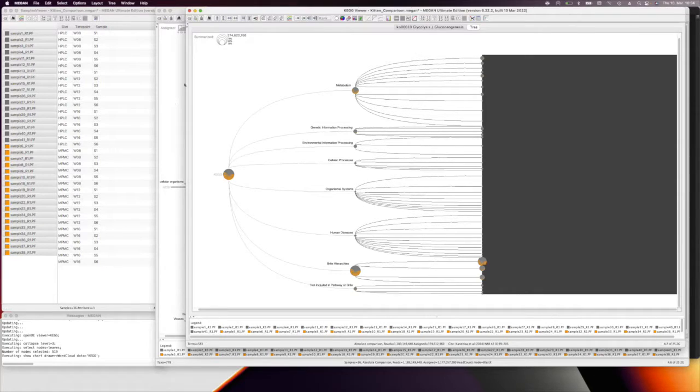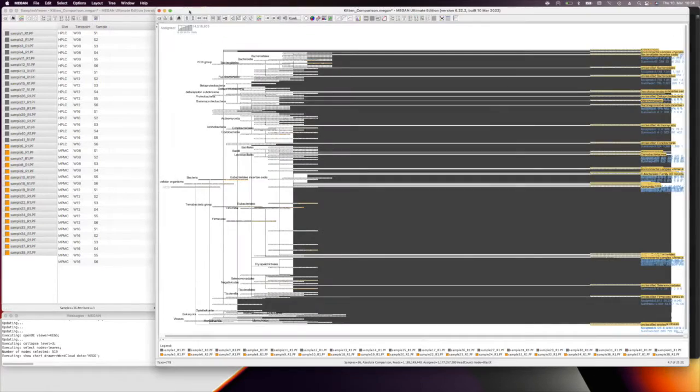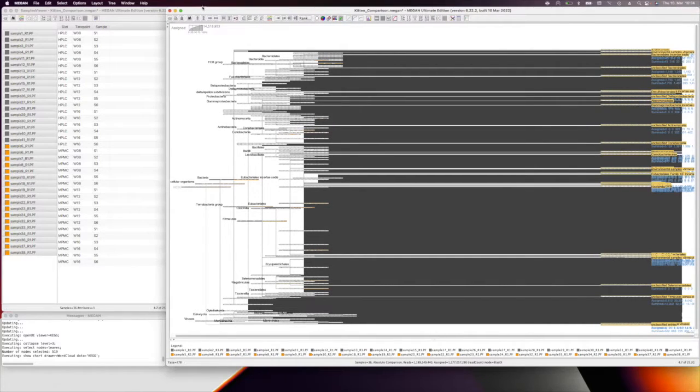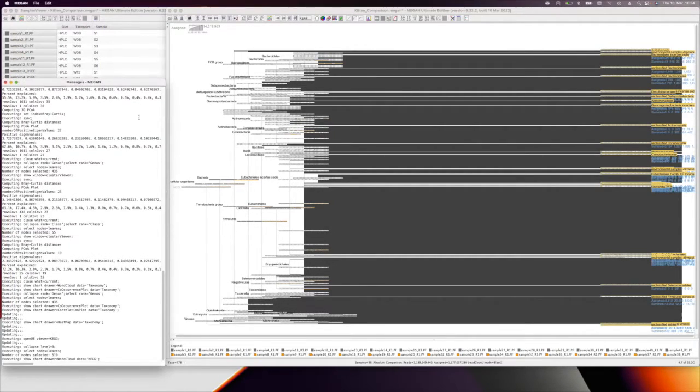easy. So I'll just close the KEGG view here. And so what am I talking about? Here in the bottom left corner is the MEGAN message window, and we'll make this a bit larger. And in this message window, essentially, you get a printout of everything that you're doing. So you get some user information, so some feedback, but you also get the commands that were used